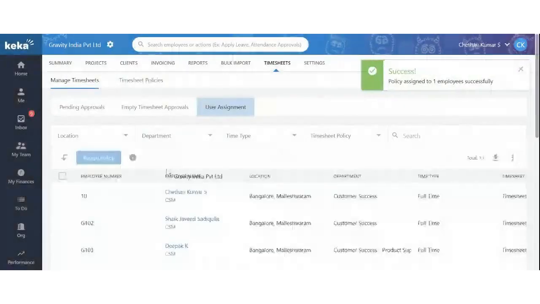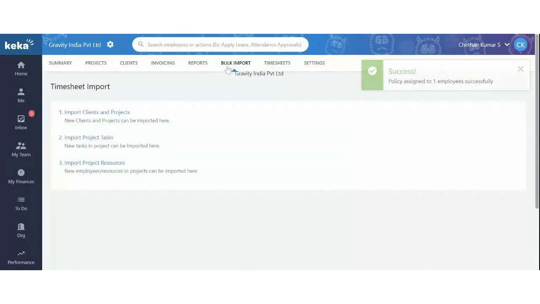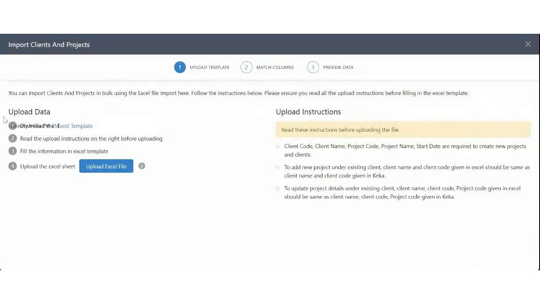That's all. Okay. Now we have bulk imports. So if you have certain new clients or new project information, then you can just import here in bulk. So this is an Excel template. You can simply download this template, and in the same format, in the same path, you can navigate here, and then you can import the sheet as well.